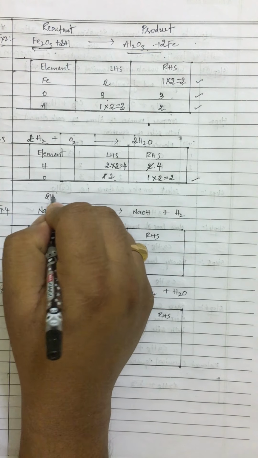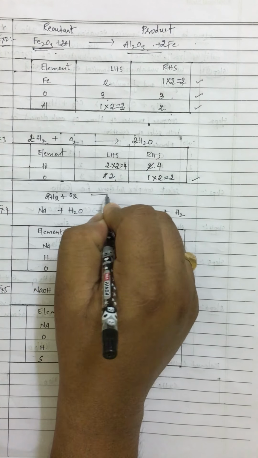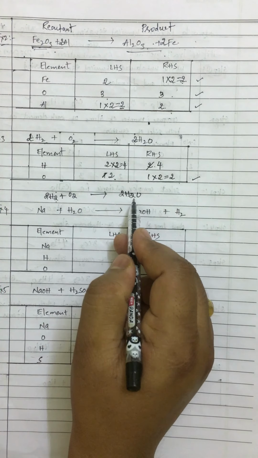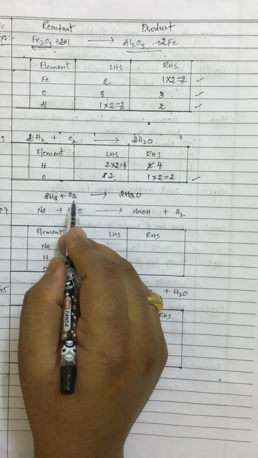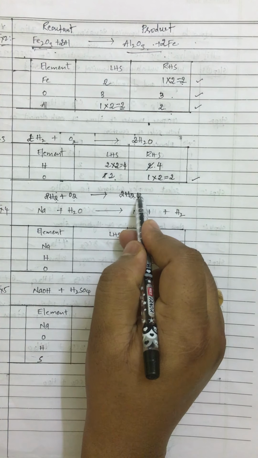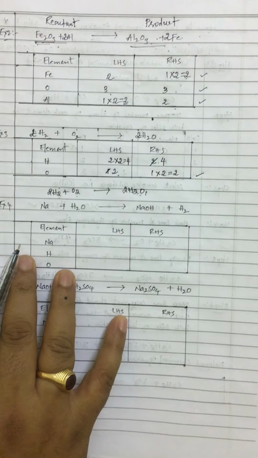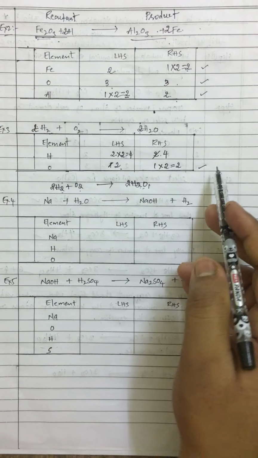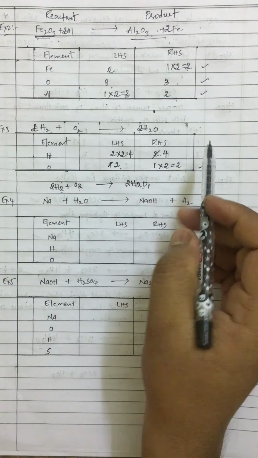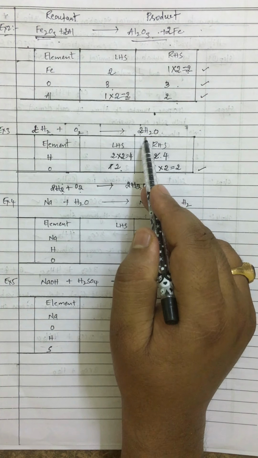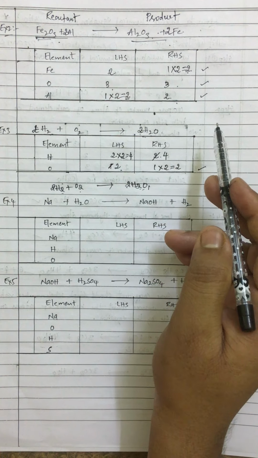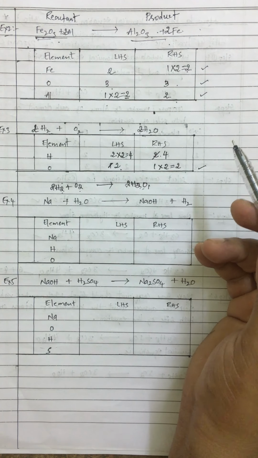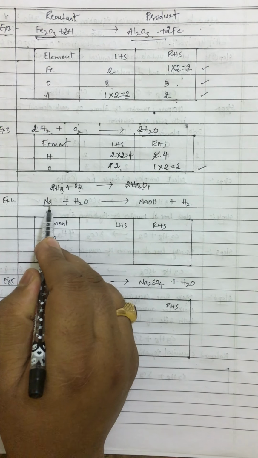What is that balanced equation? 2H2 plus O2 gives rise to 2H2O. So 2 2s are 4 hydrogens, 2 2s are 4 hydrogens on both sides, 2 oxygen on the left hand side, 2 oxygen on the right hand side, 1 into 2. Hope you have understood how to balance. This is the hit and trial method. In the above examples, we just added a suitable number as a coefficient before that particular formula or symbol. By adding that, the number of atoms is made equal on both sides of the equation. Now the next one, example number 4.